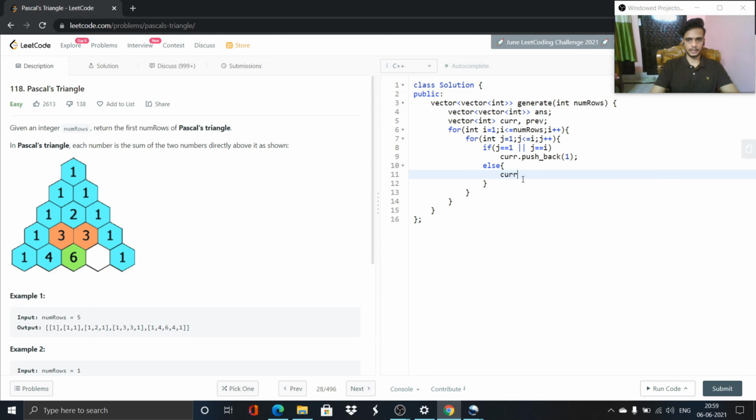So current dot push back previous j minus 1 plus previous j minus 2.